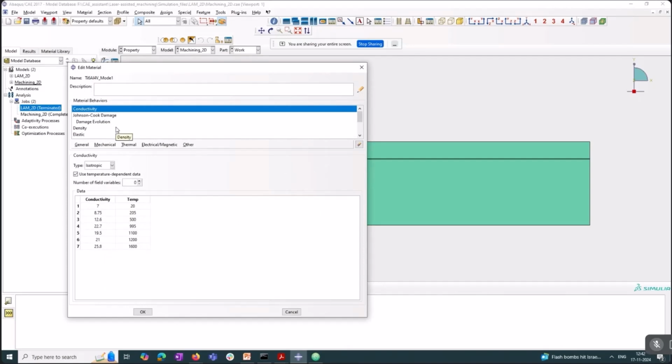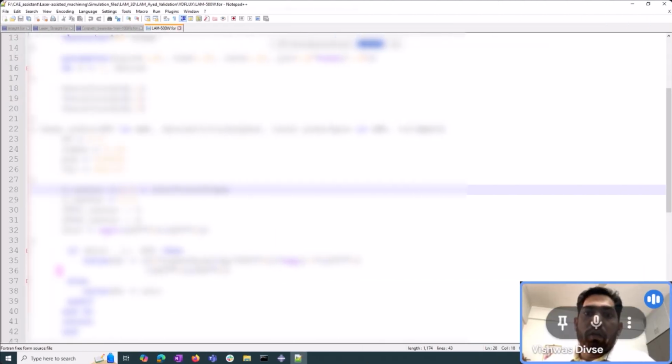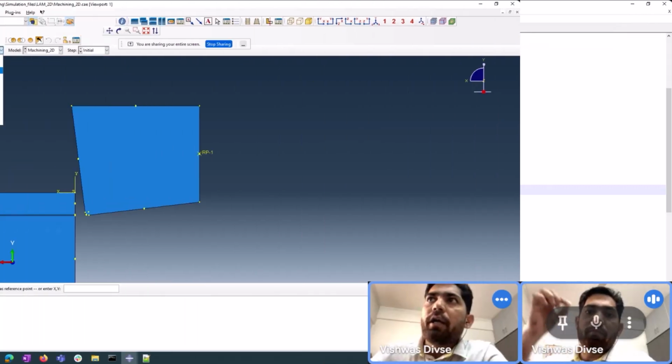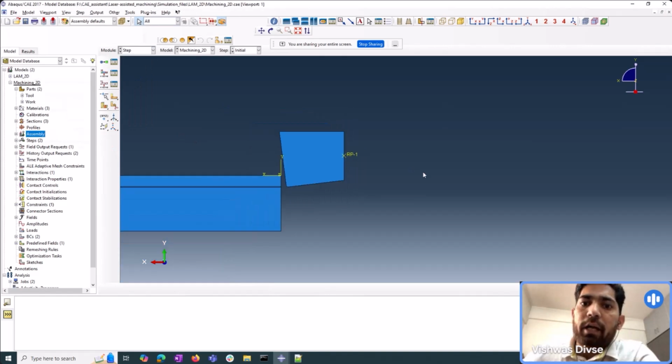So basically, one point I didn't explain earlier: in my model, the point on the workpiece where I want my heat source to start moving is our origin, and that same origin we should keep here. Otherwise, what will happen? You will not see your laser beam. This is about assembly. Then in step,